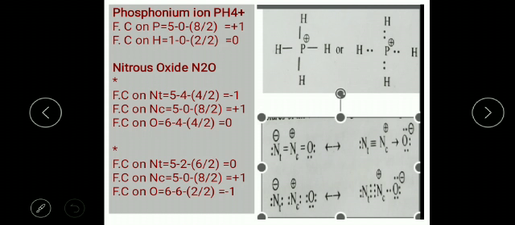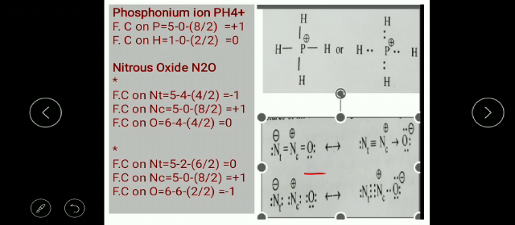Then the nitrous oxide N2O. Here there are two possibilities as resonance is created. Here there are two nitrogens present. So to distinguish these nitrogens, we note the one near the oxygen as Nc, called the central nitrogen, and the one adjacent to it is called the terminal nitrogen. So first we took this